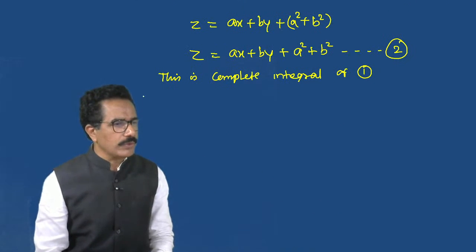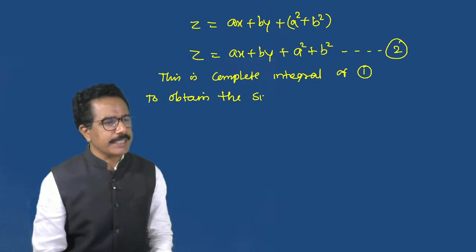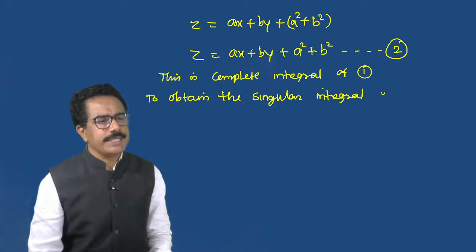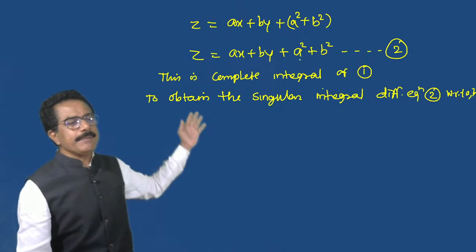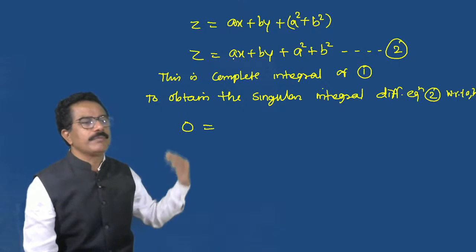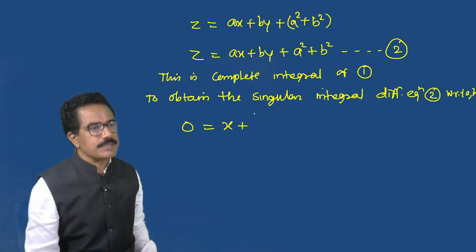Now to obtain the singular integral, differentiating equation 2 with respect to A comma B. Take the derivative with respect to A and B. So it will be 0 is equal to the derivative of Ax with respect to A is x, plus B y's derivative